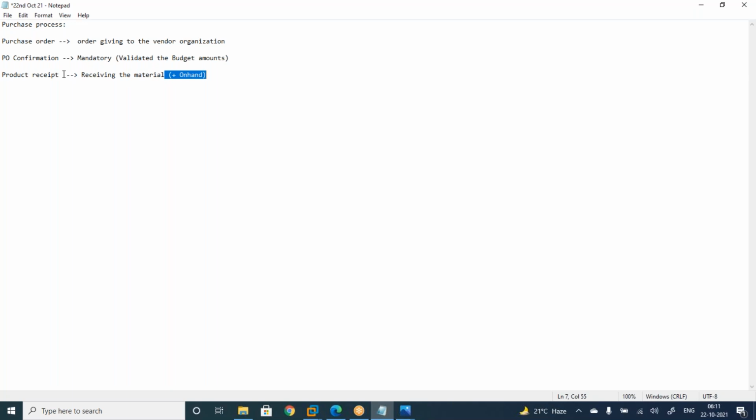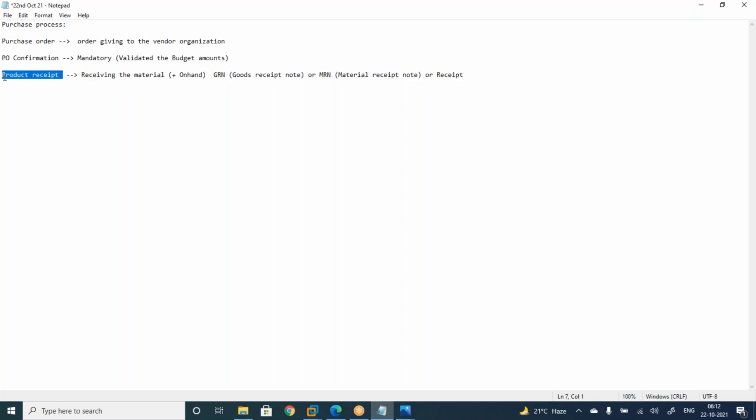This product receipt is also called GRN, goods receipt note, or MRN, material receipt note, or simply receipt. So these are synonyms for product receipt.